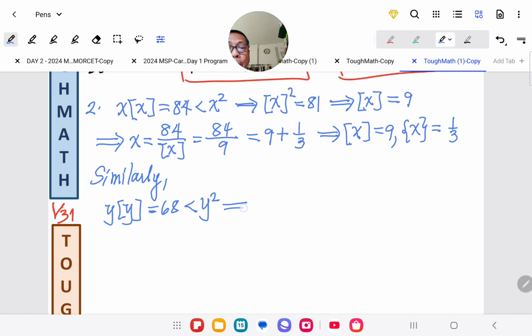Therefore y squared, the greatest integer value of y squared must be 64, which gives us the greatest integer value of y is equal to 8, and therefore